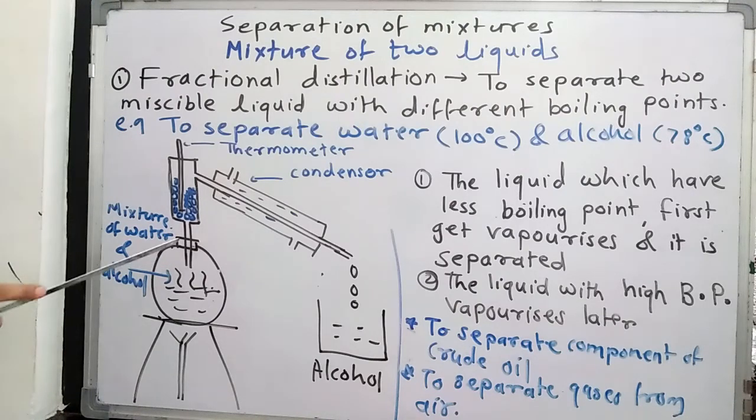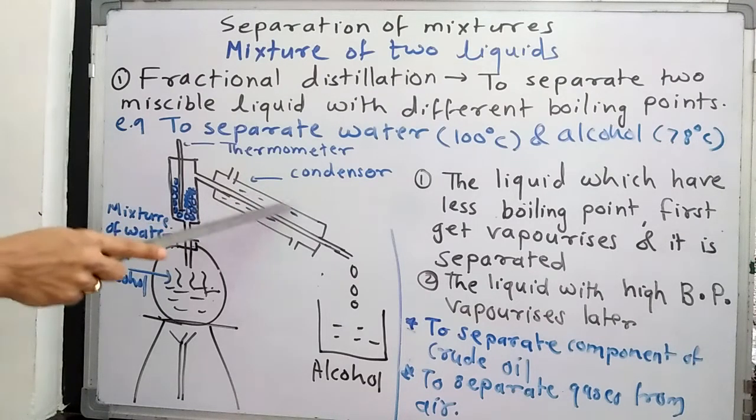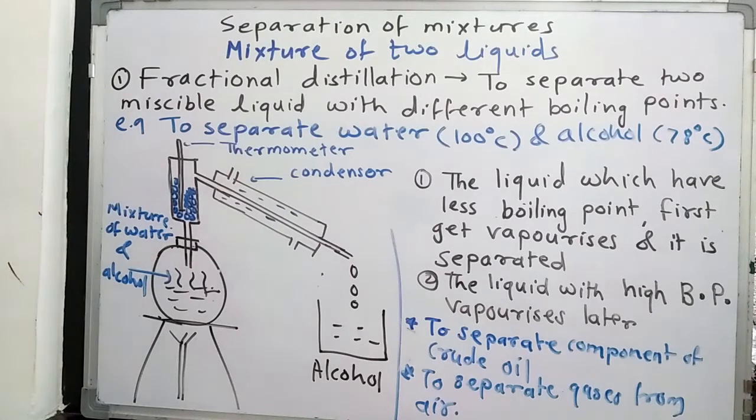So what will we do? In the round bottom flask, we have taken a mixture of water and alcohol, which are completely mixed together, and we will heat it. The alcohol, as it has the lower boiling point, will boil first. What is the boiling point of alcohol? That is 78 degrees Celsius. So it will boil first, and the vapor of the alcohol will enter the inner glass tube. The outer glass tube allows the water to circulate around the inner glass tube. So the vapor of alcohol which is present in the inner glass tube will condense again. Here alcohol is in liquid state.